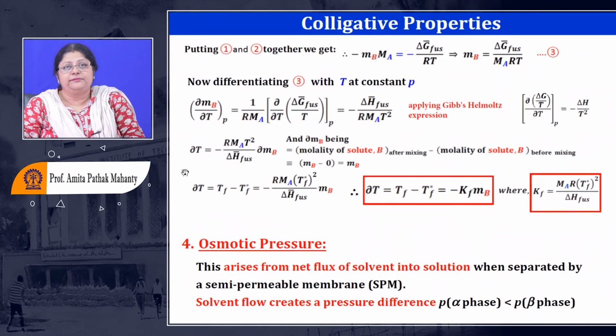Now applying this, what are we finding out? We are finding out the temperature change, and temperature changing in what? The temperature of the solution, which is the freezing point of the solution, minus the freezing point of the pure solvent. If I take the difference, that will give me the change in the temperature associated. And since it's already got a negative sign, it will always be a lowering condition which we have to look into while we are doing the calculation.